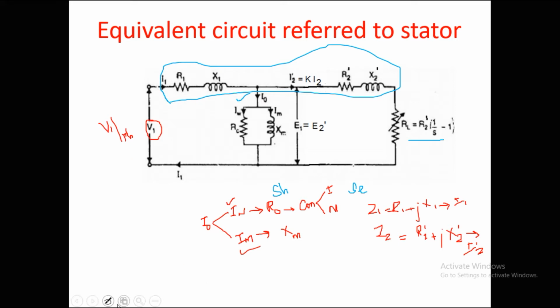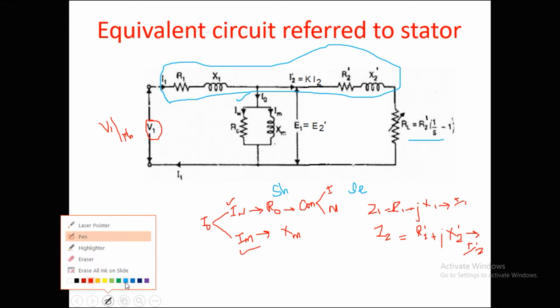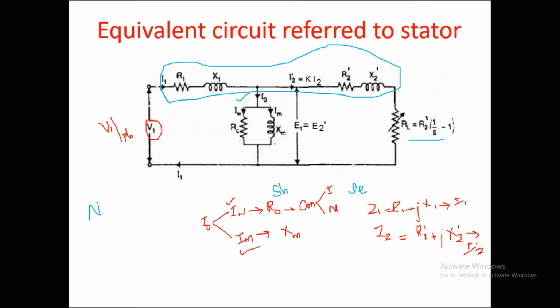Now our work is to pre-estimate the efficiency of an induction motor. It means we have to determine all the branch parameters available in this equivalent circuit. For that we are going to make use of these two tests. Totally we have two tests, the no load and blocked rotor tests, and here we have two branch elements. We can make use of the no load test for obtaining the shunt branch element and the blocked rotor test for the series branch element. In the shunt branch we have a fixed loss.